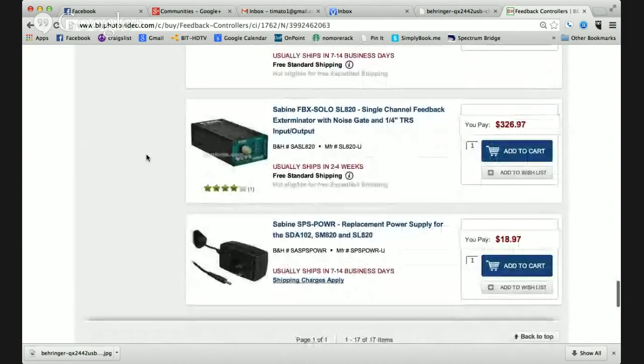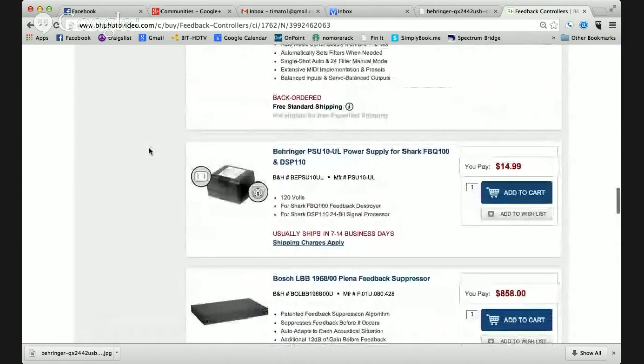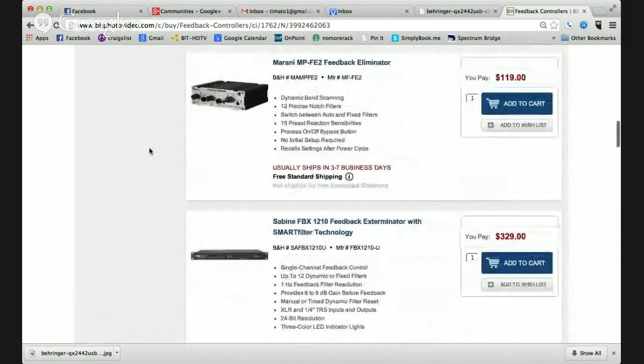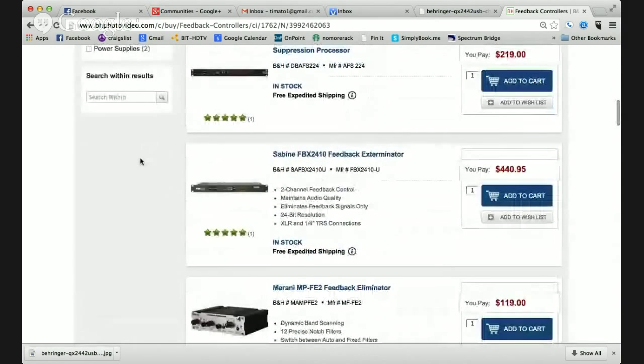But yeah, there are options. There is help out there. I did a quick Google search and came up with three pretty helpful guides for how to deal with feedback, and I will be posting those in the chat here, and I'll post them in the appropriate communities as well after the hangout. But let's go ahead and move on